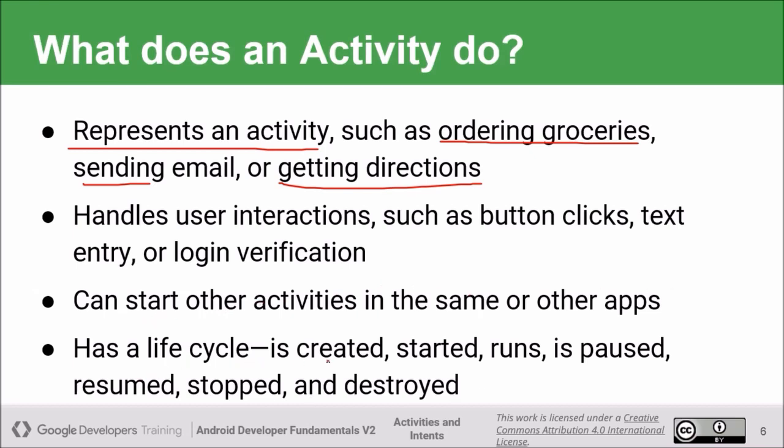So it has a life cycle. The life cycle consists of these phases or states. The first one is created, when the activity has been created. The second phase is started. Then it runs. The fourth one is paused, when it stops for a specific time period, and then it has a resumed state as well. So these are all different states of an activity. There are a total of 7 states of an activity, and these 7 states combined together form the life cycle of an activity.